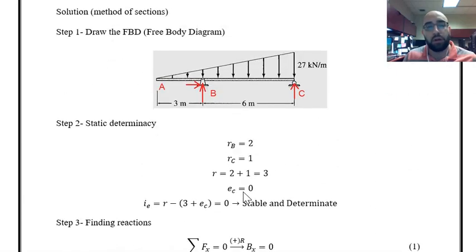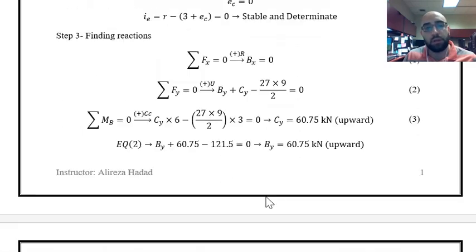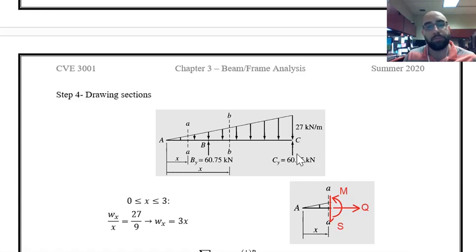So we could find the moments about point B, and based on that we could find the reaction at C, and then I can simply return this value into the second equation to find the reaction at B. And these values happen to be equal to each other. So this is the situation, and now I have to draw the sections, because in method of sections we need to have sections along the length of the beam and then derive the equations of shear force and bending moment for those sections. Over here I have the first section,